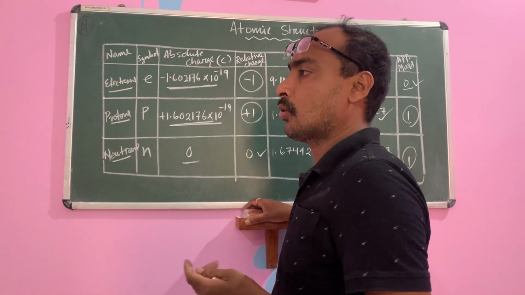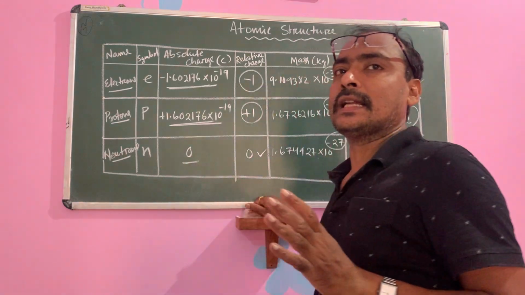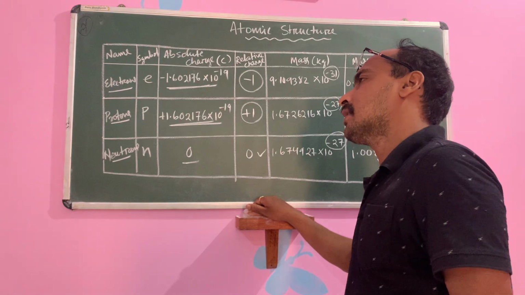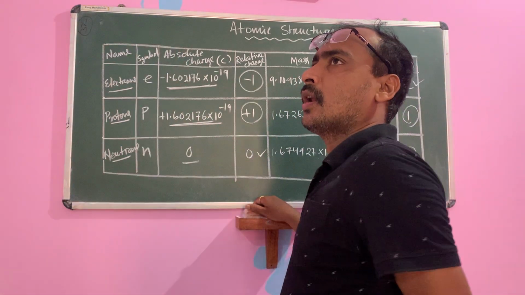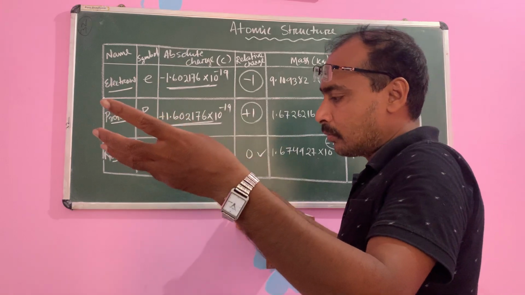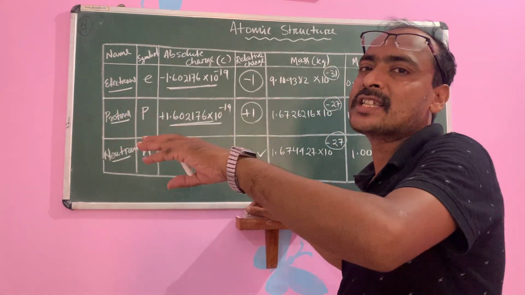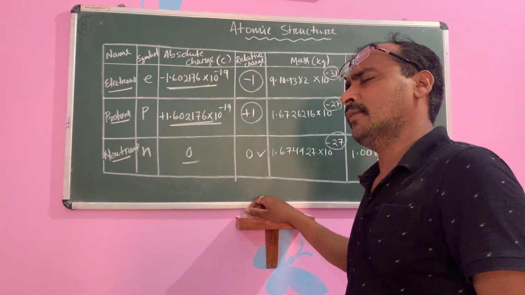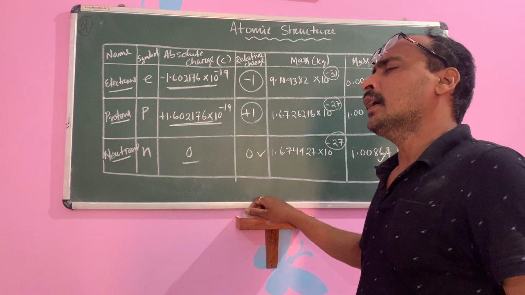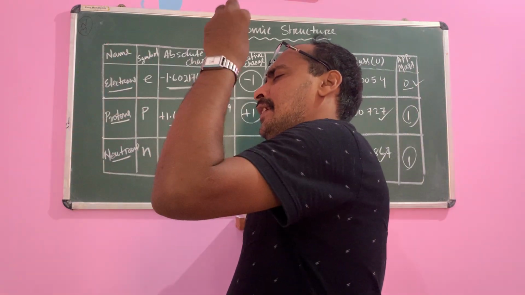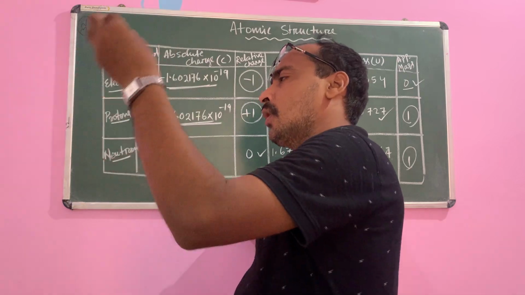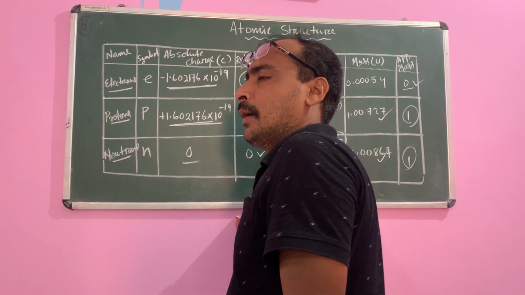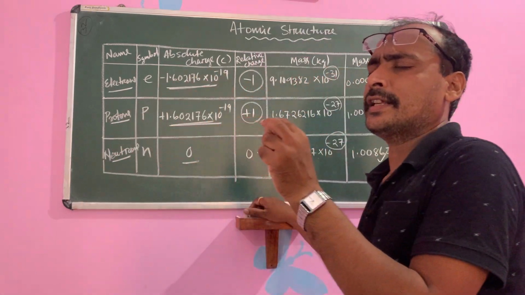So there are 3 conclusions. Maximum alpha particles pass through the gold foil, which means maximum space inside the atom is empty. Some of them deflected by making a small angle. How do we detect this? By taking a film coated with silver bromide, a silver halide, bromide or chloride. Then the few alpha rays that return by a small angle imply there is a small positive charge inside the atom at a small volume. That is the second conclusion.